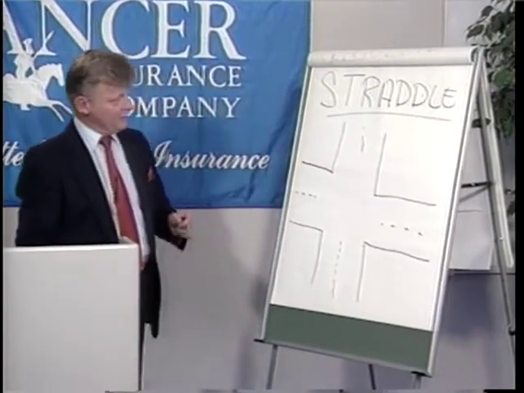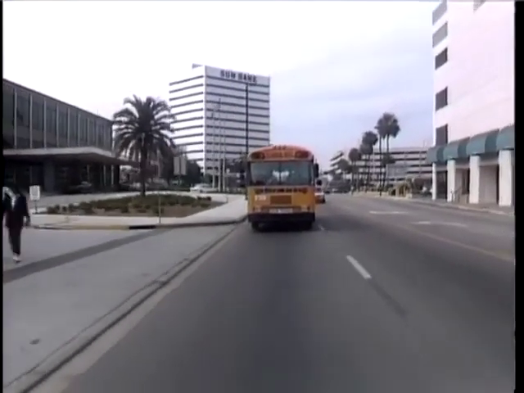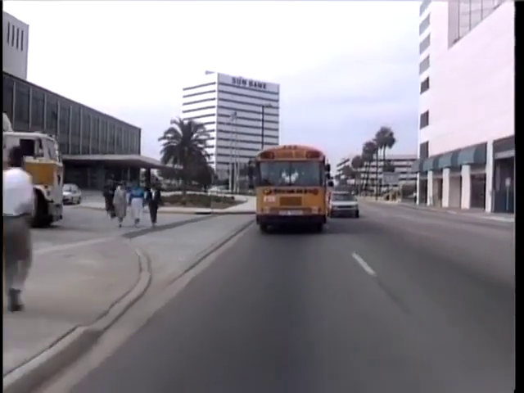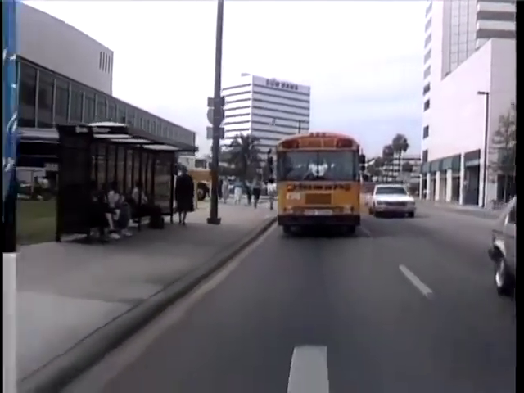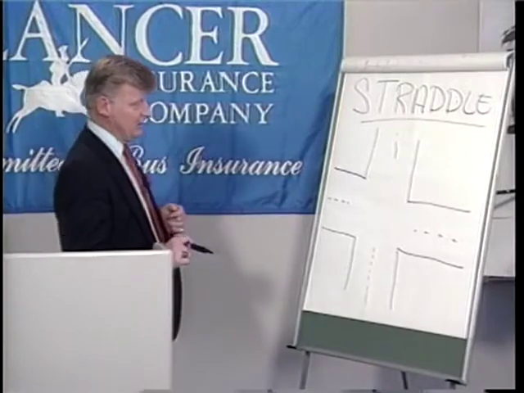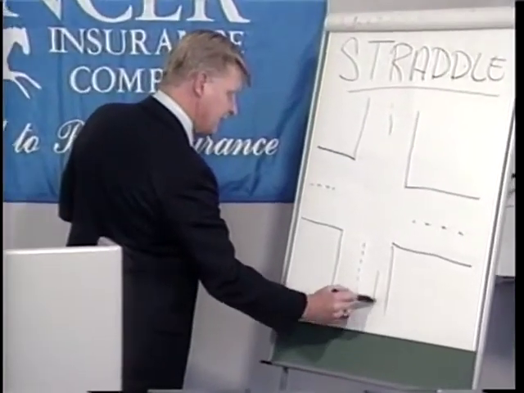The difference in the straddle method is this. You signal, number one, of course, long before you're going to make the turn, and you look and size up the situation, looking for pedestrians and where the parked cars are and how tight the turn is. And then your positioning becomes very important in the straddle method. When your bus comes down this block here,